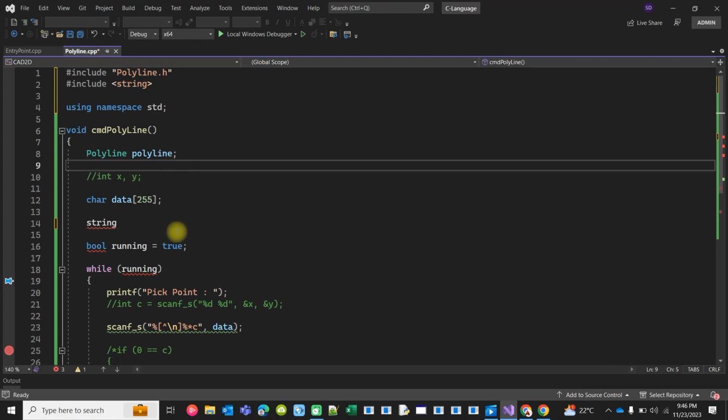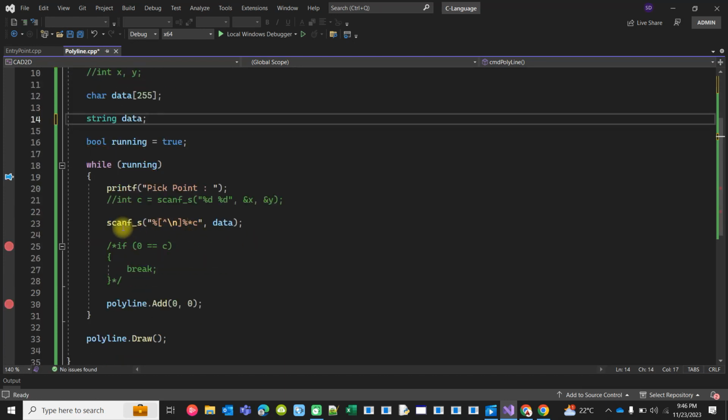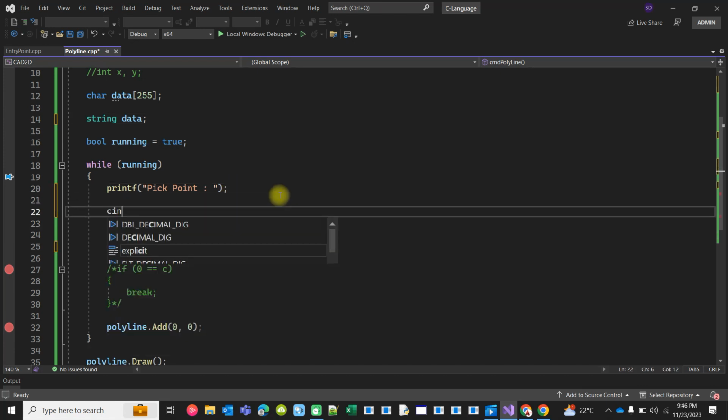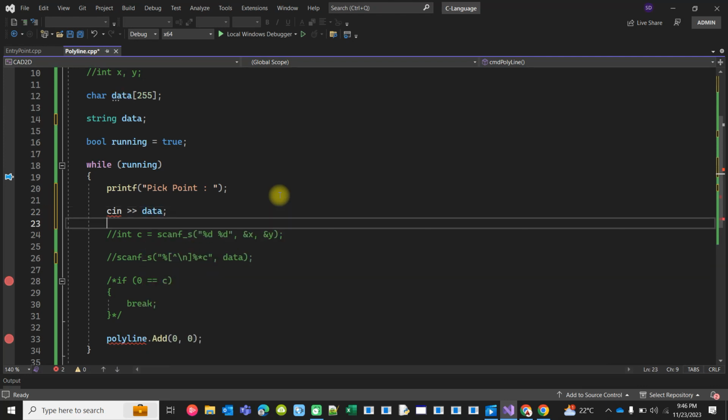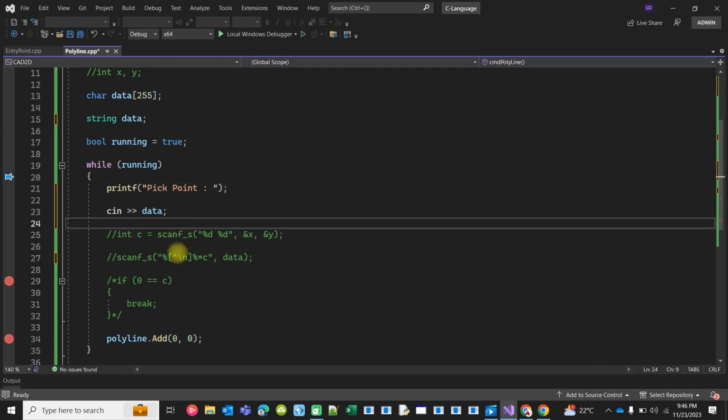Oh, string dot h, not dot h, only string. String data, and instead of all this stuff, just say cin data. And for the cin, istream, I guess. That's it. So if I have this data with me,